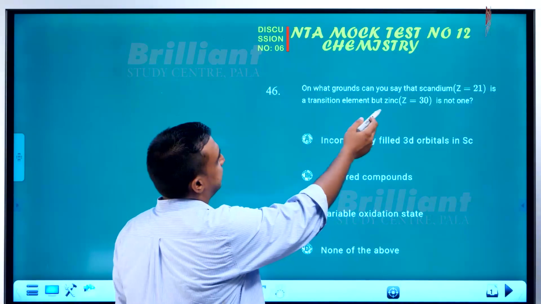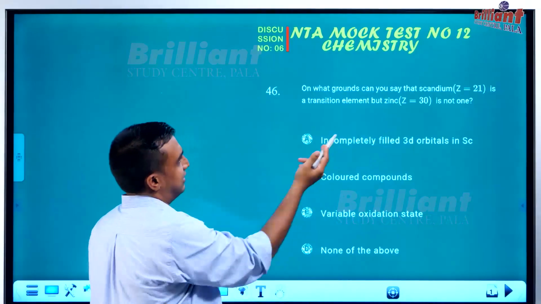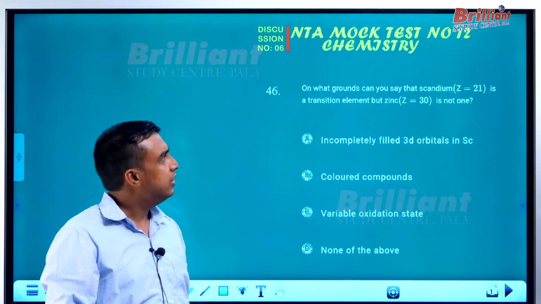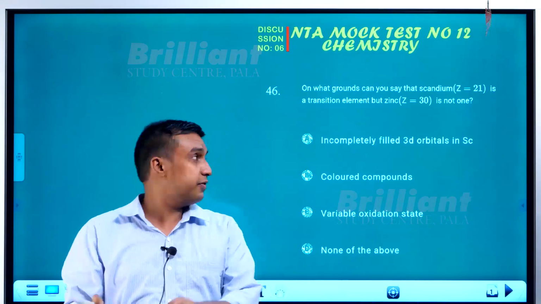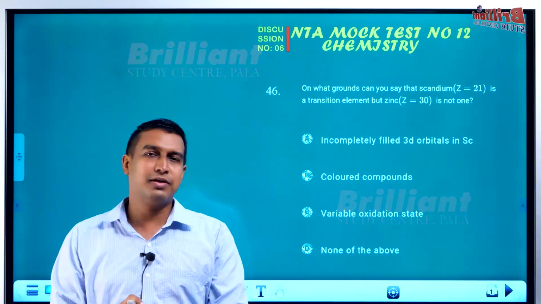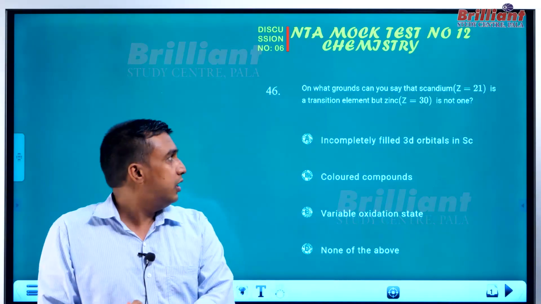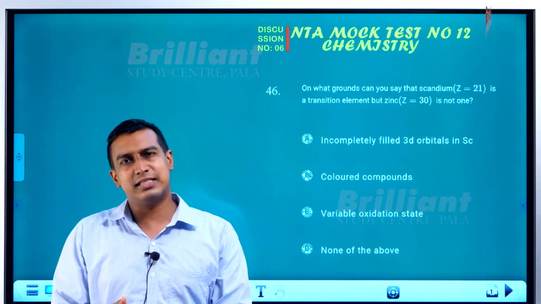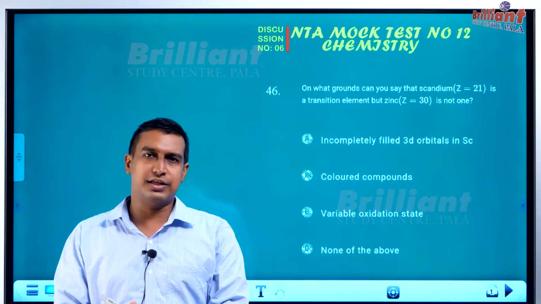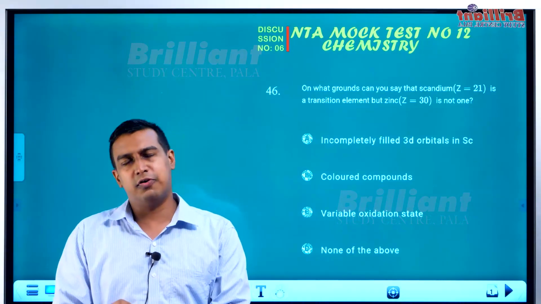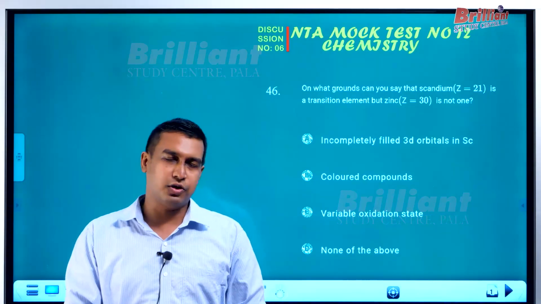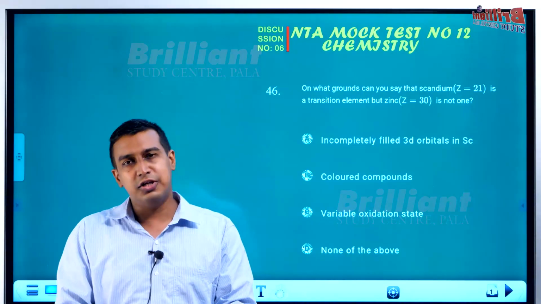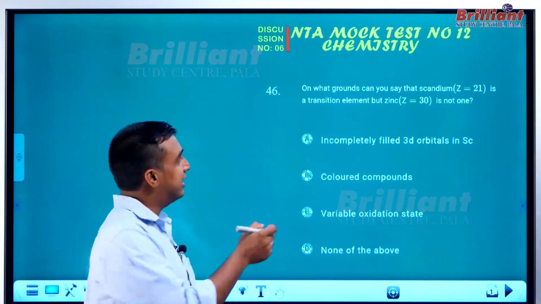On what grounds can you say that scandium with atomic number 21 is a transition element but zinc, atomic number 30, is not one? Zinc is a d block element, but it's not a transition element. Group 12 elements zinc, cadmium, mercury are not transition elements. The main reason is that they have fully filled electronic configurations in their ground state. For zinc, it will come as 3d10 4s2. When you don't have a fully filled configuration, then only you can call a d block element a transition element. So the main reason is